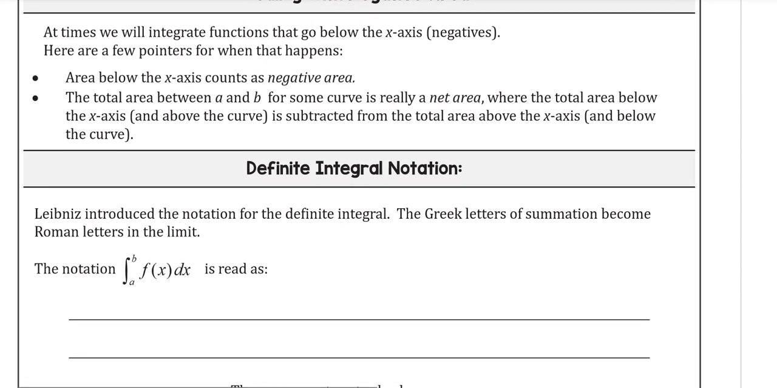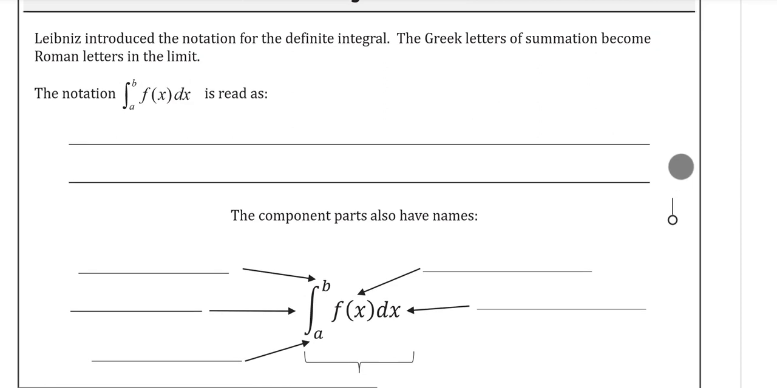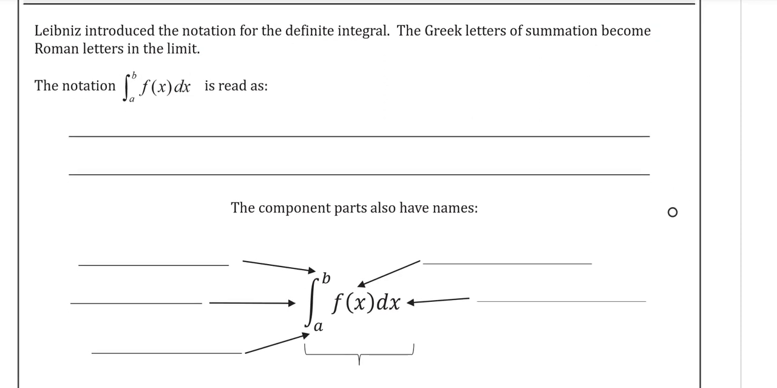Okay, so here is our Leibniz notation for the definite integral. Greek letters of summation become Roman letters in the limit. So the notation of the integral from a to b of f of x reads like this. If you read this out loud, and I've been doing this, this is the definite integral